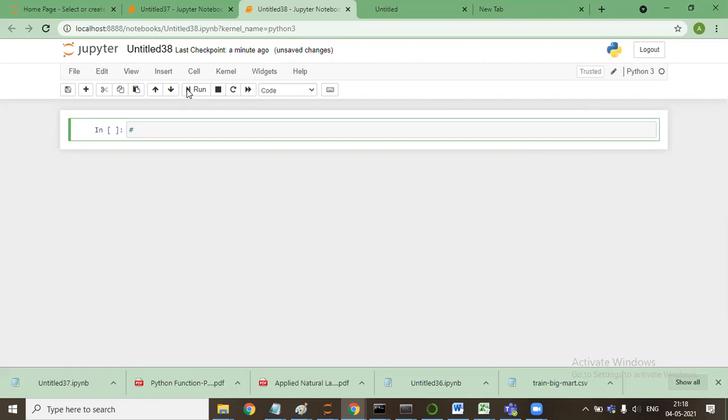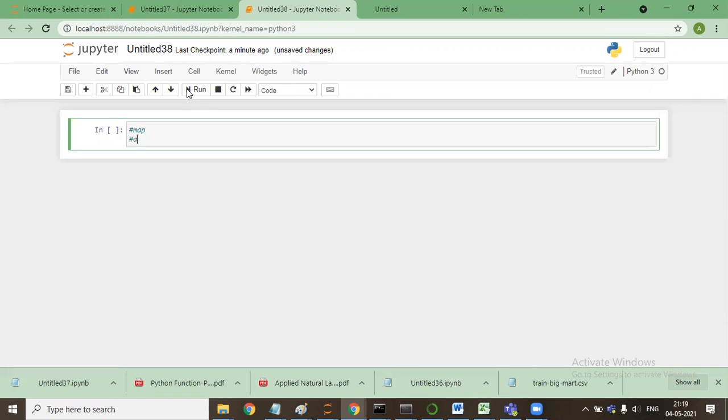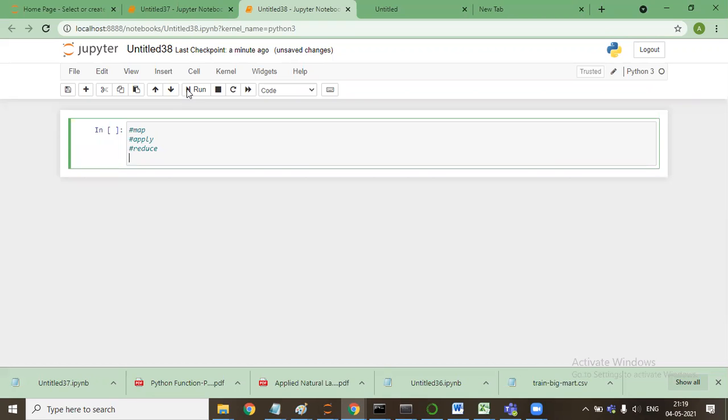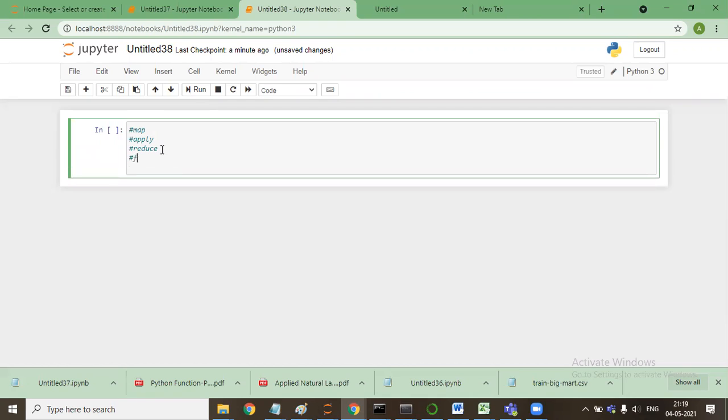These are the inbuilt functions. One is map, second is apply, and third is reduce. Apart from that, there are many functions like filter and many more things. I'll cover map, filter, reduce, and filter as well.